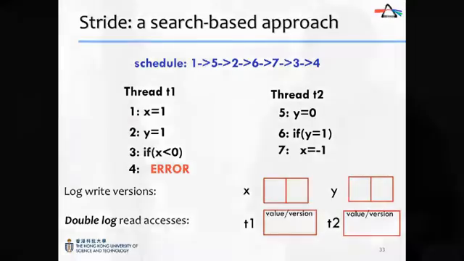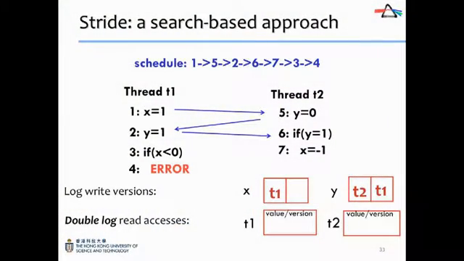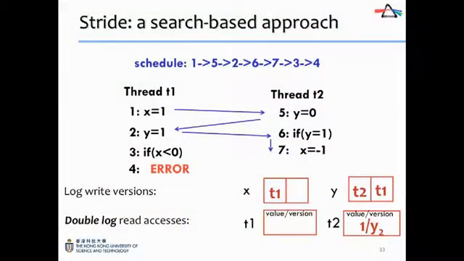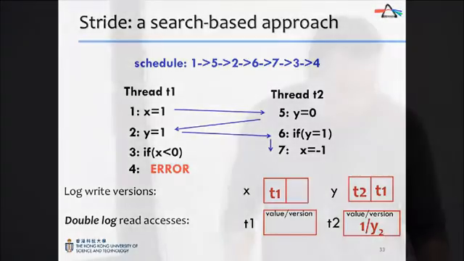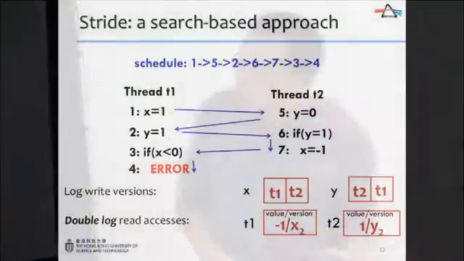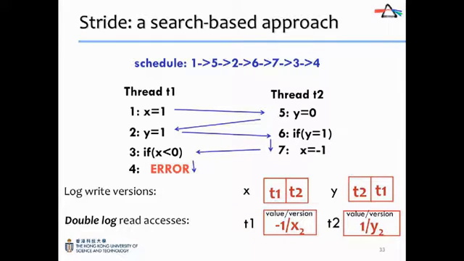Still the same example. First of all, the difference is that we record an access vector for writes only. For the shared variables x and y, we record the sequence of threads involved in writes to these variables. At the same time, we record two values for each read. I'm going to zoom in on this particular thing later on.